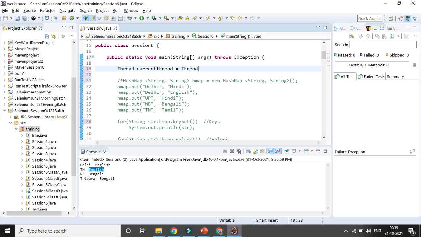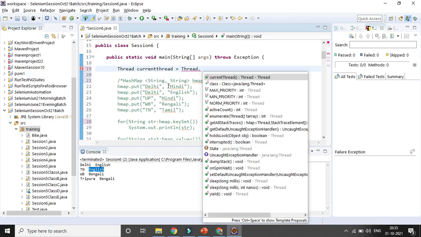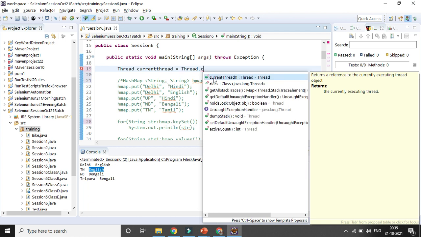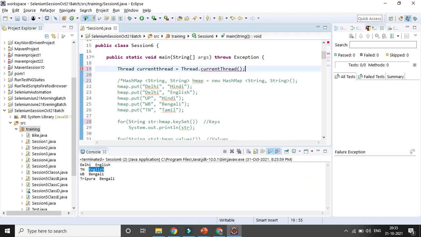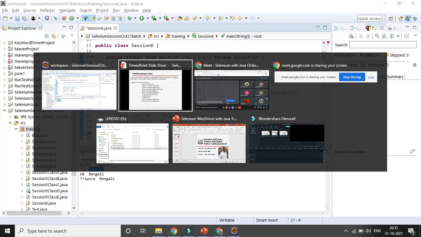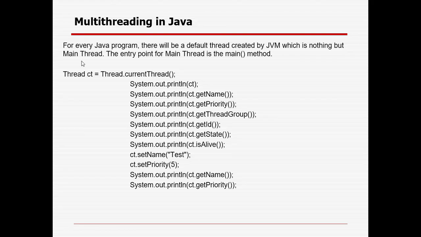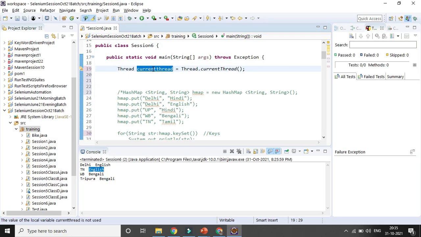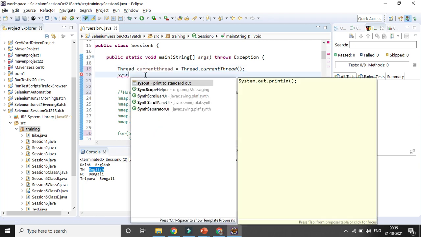So you can get the name of the thread, dot getName, ID, priority, class, everything.